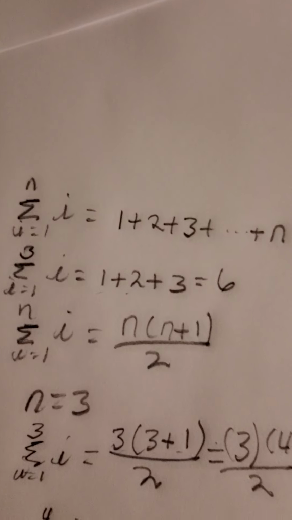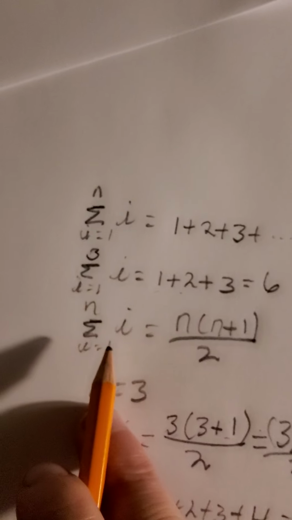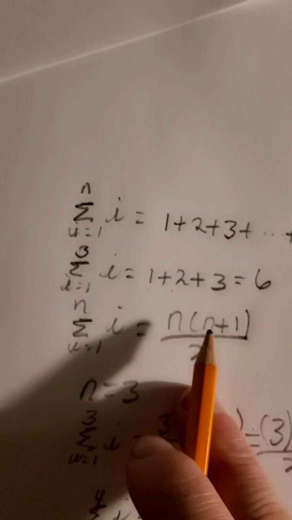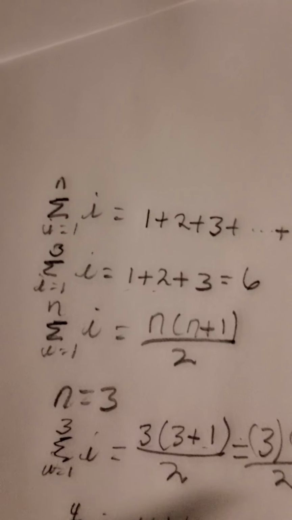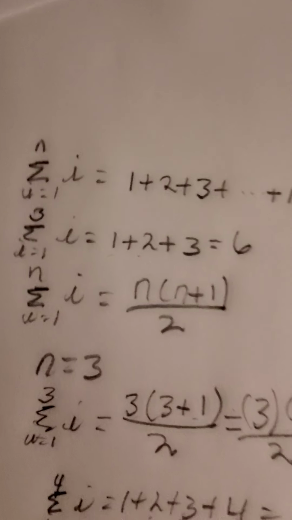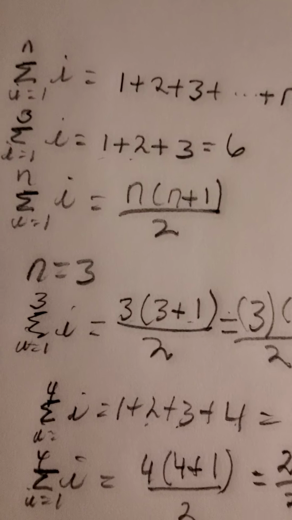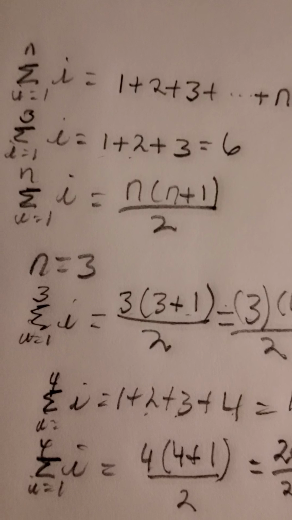We just tested it. I found a generalized formula to sum numbers from i going from 1 to n of i equal to n times the quantity n plus 1 divided by 2. What's nice about that? Well, let me tell you what's nice about that. What if you're summing up to 1,000? What if your sum is going up to